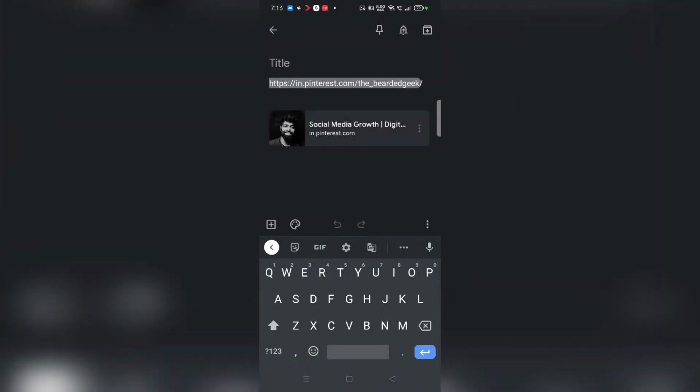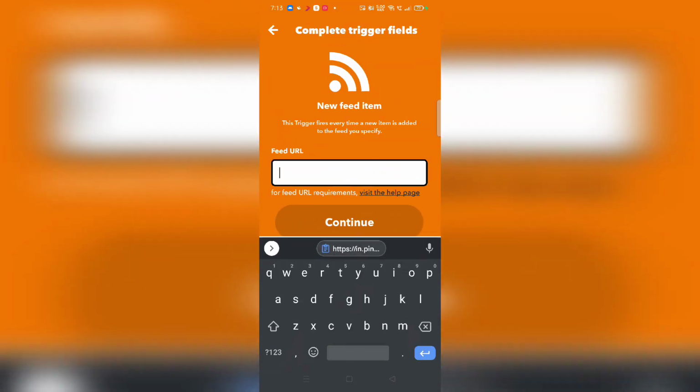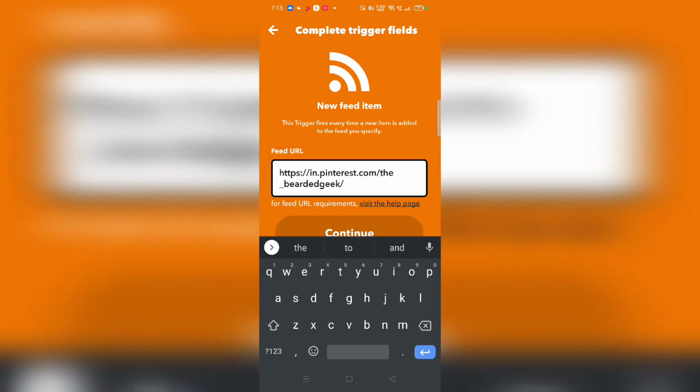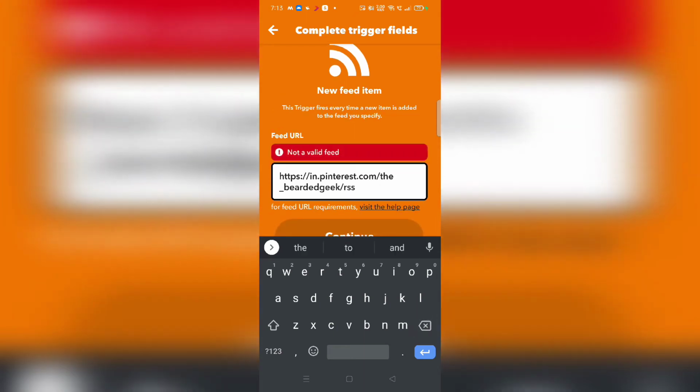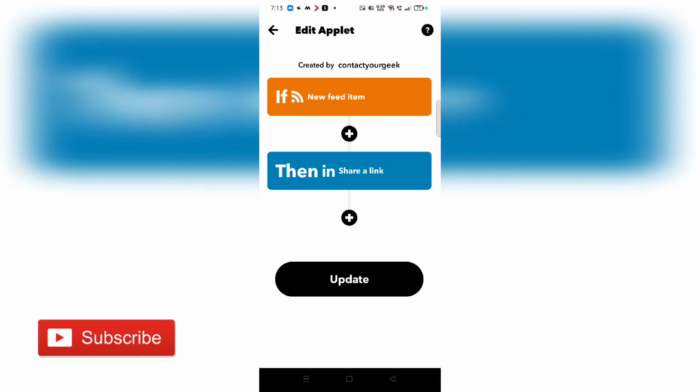Now, in terms of the RSS feed link, it's gonna be your profile link altogether. However, you need to just add feed.rss in front of the link so that it basically turns into a RSS feed. Now, mind you, another thing is a lot of people go ahead and make a mistake of adding just RSS. Just RSS is not gonna get connected because we are fetching it from a feed altogether. Pinterest is the feed over here, so feed.rss is gonna work and it's gonna get connected.